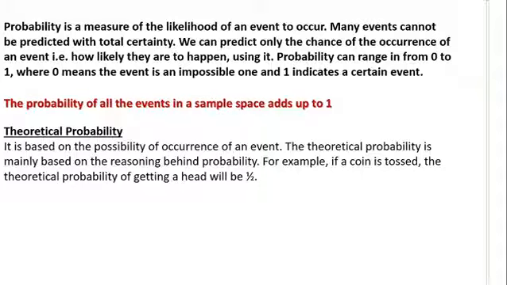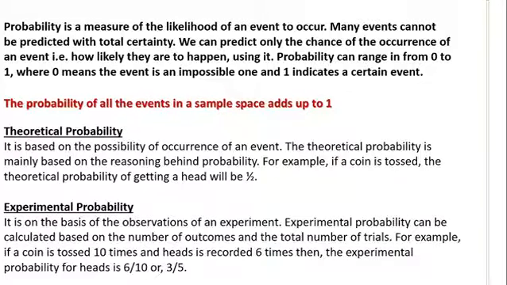And then you have the other part, which is experimental probability. Now, in experimental probability, you actually carry out the experiments. You actually throw the die, and then you are able to compute your result. So experimental probability is calculated based on the outcomes, okay, and the total number of trials. So you're just going to divide the number of outcomes by the number of trials. So you have to experiment in experimental probability.